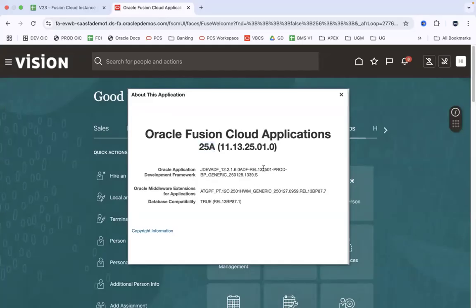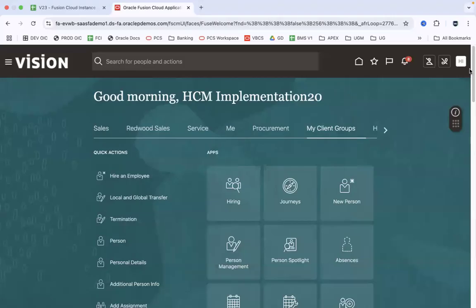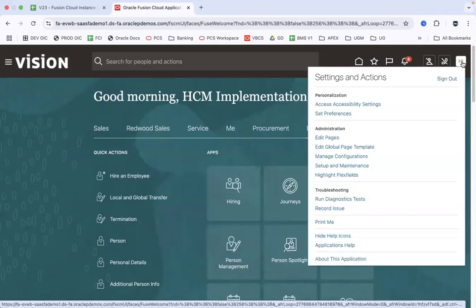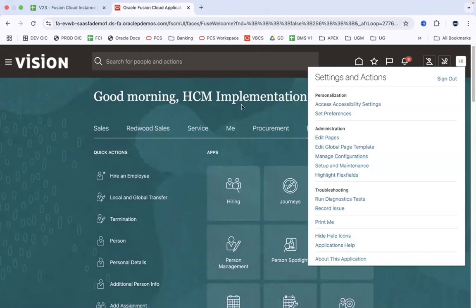And you see release 13 and 25A. And when you click on the menu option here, we also see that there's an option called application help. Very often you might want to refer to the documentation given by Oracle. Maybe you are an end user and you're getting some error when you're trying to do something,